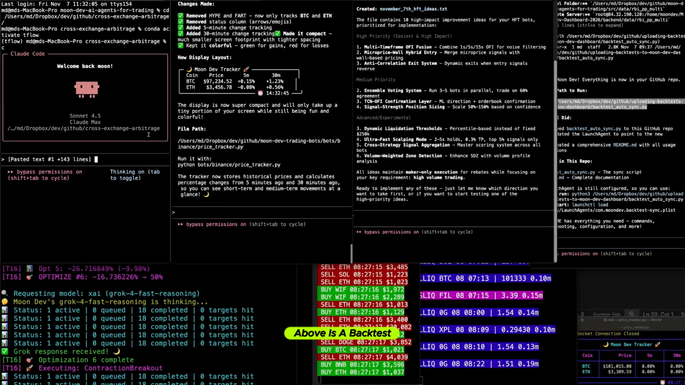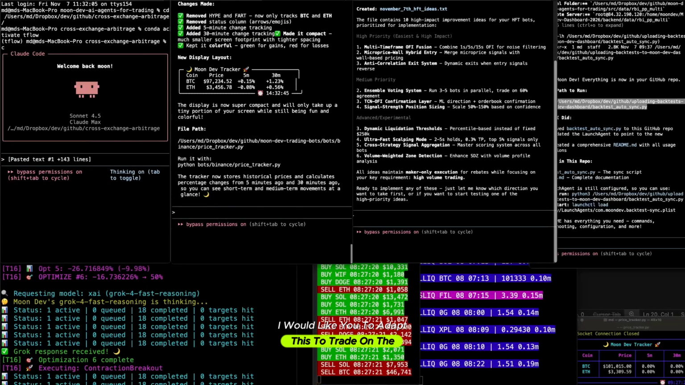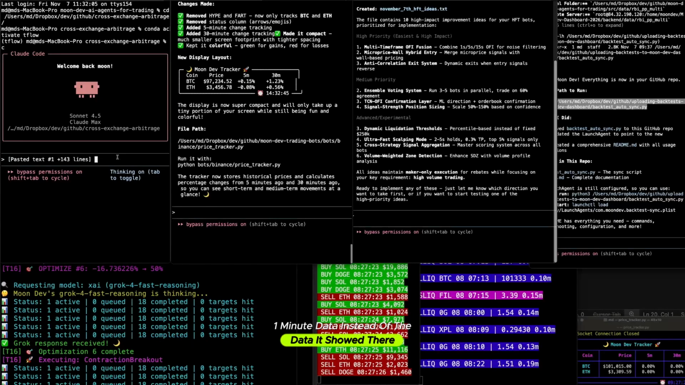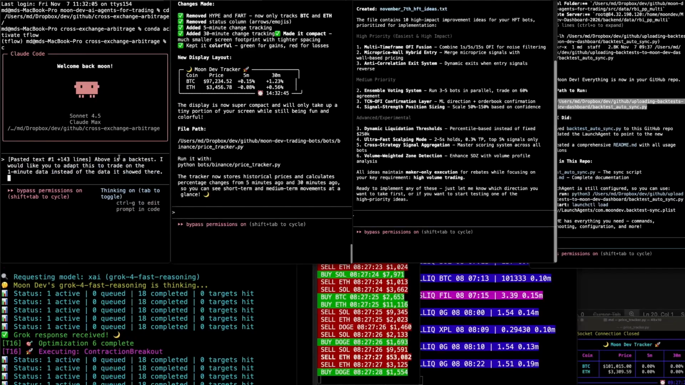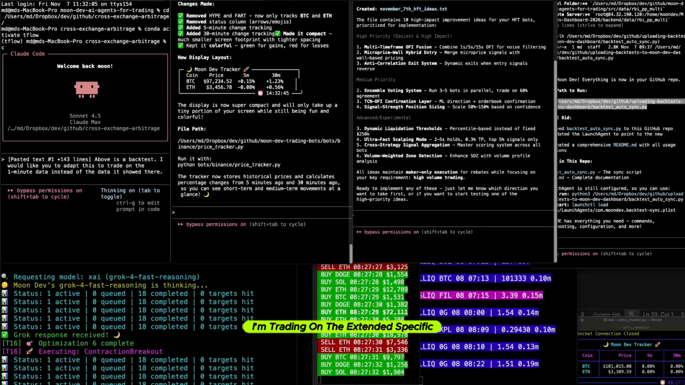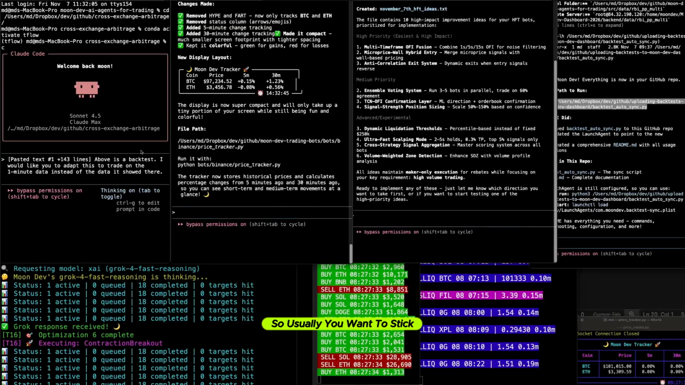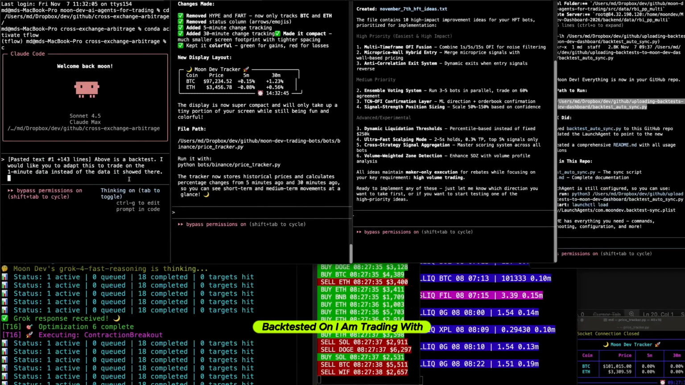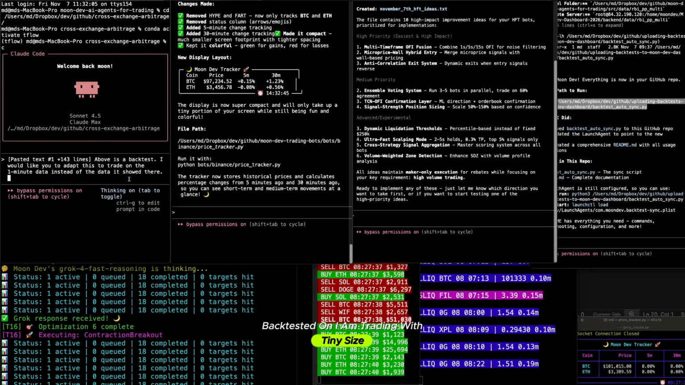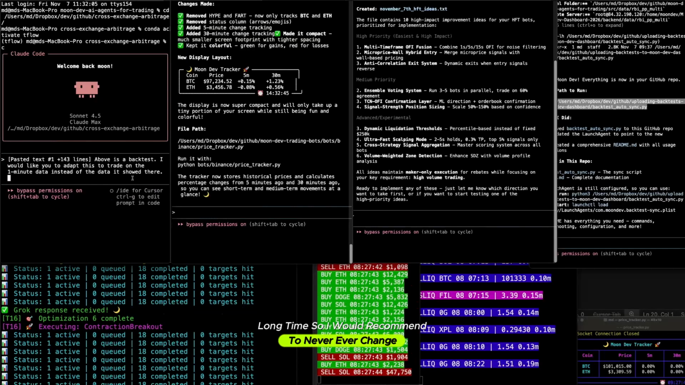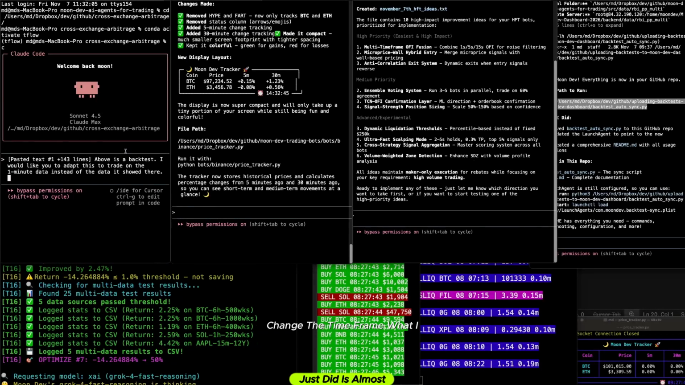Above is a backtest. I would like you to adapt this to trade on the 1 minute data instead of the data it showed there. Typically, you do not want to do that. Again, I'm trading on the Extended specific strategy. So usually you want to stick with the actual data you backtested on. I am trading with tiny size, and I've been at this for a long, long time. So I would recommend to never, ever change the time frame. What I just did is almost